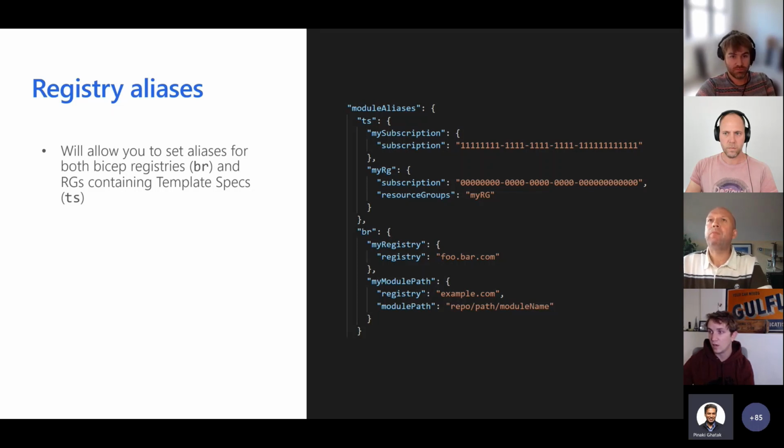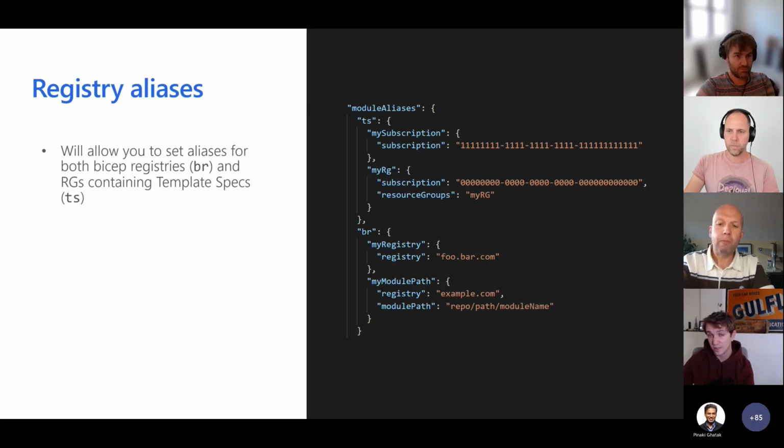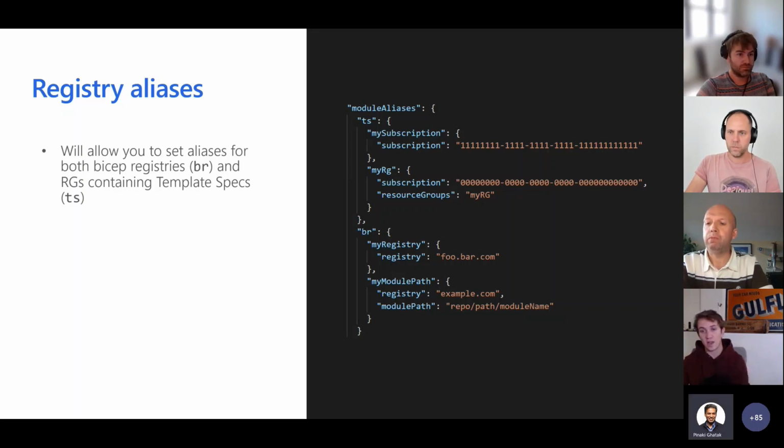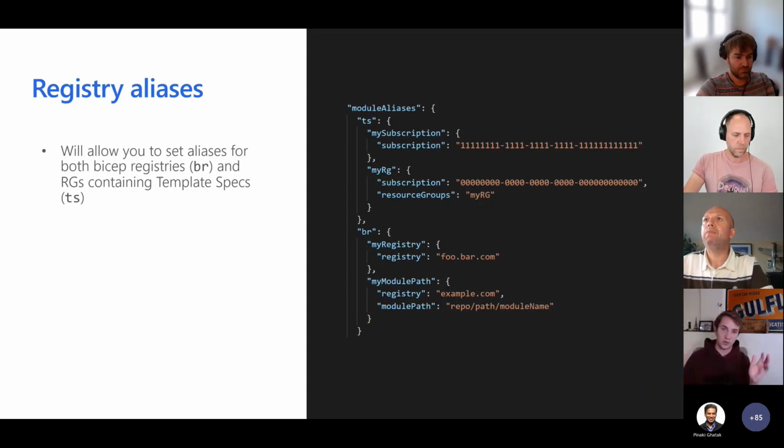Yeah, of course. And for those who haven't heard of UI forms, you may have heard of something called Create UI Definition. If you've ever submitted templates to the marketplace, you can submit Create UI definitions with those. It's basically a way of having a nice front end for your template deployment. So just like when you go through the VM create workflow or any of the first party create workflows, you get this nice full screen create experience where you have separate tabs for relevant sections and it's nicely organized and easy to flip through.